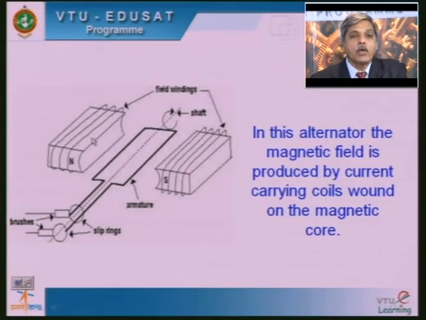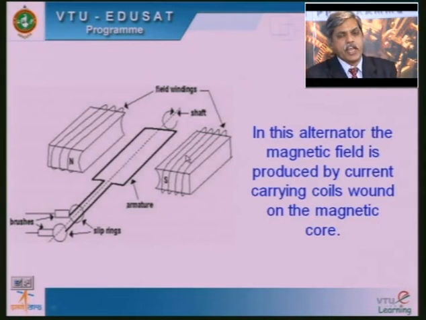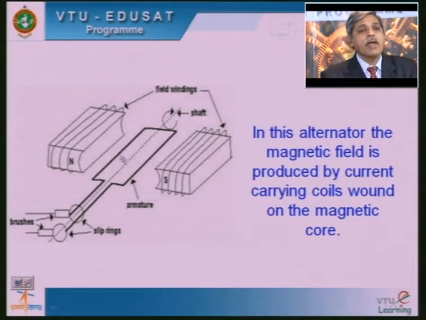But here I do not want to change the polarities of the magnetic field, therefore I will be using the same current direction in both these, okay. This will carry current in one direction, and the winding on the south pole will carry current in the opposite direction. These current directions are fixed, and I can also increase the strength of the magnetic field by increasing the current in the field windings, okay.